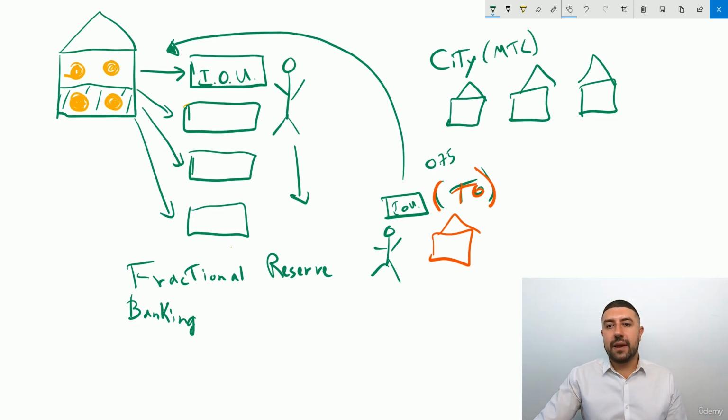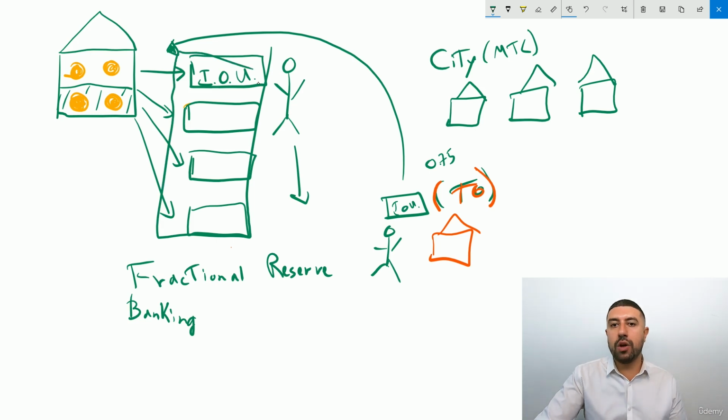So these banks did that. And what happened is sometimes there were bank runs. So if the 4 people here came and they were like, hey, we want our coins. Well, guess what? These 2 coins were not there anymore. Okay? Because they loaned them to people. And maybe these people defaulted, didn't come back. So there's only 2. So there's a bank run because the bank doesn't have all the currencies or all the gold that they're supposed to have.